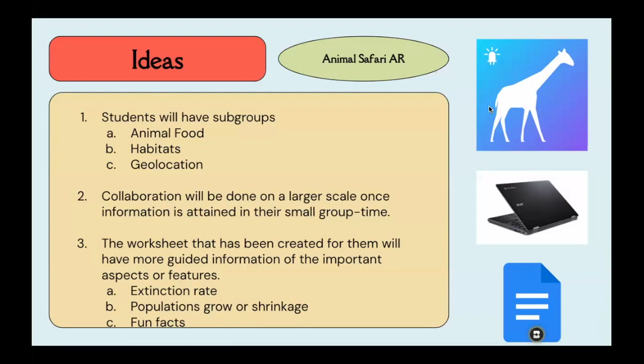On the other hand, as you can see here, Animal Safari AR, with the groups and subgroups, each subgroup, as I mentioned earlier, to specify more vividly, will be an animal food group, habitats, and geological locations. In addition, there will be collaboration as well, which I'll show you in a short video and a Venn diagram, a traditional diagram that I created on my whiteboard. And then down below, I modified a worksheet, which is also attached through my other documents. I'm going to pause real quick so we can hop over there.